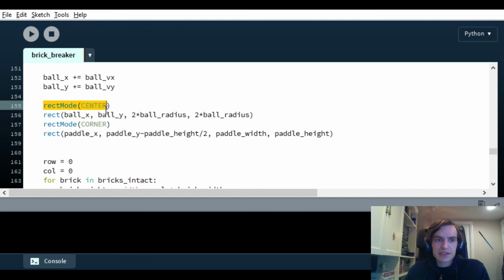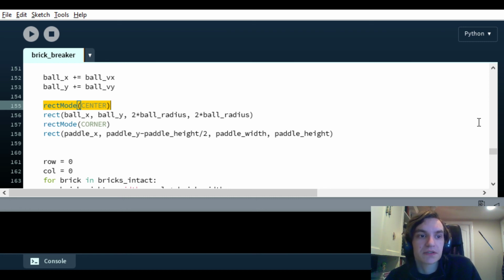Similarly, this is also a line that we haven't gone over in sessions. It's rect mode. I used it just for convenience. You don't really need to use it, but what this does is it changes how Processing draws rectangles. Rect mode center means that instead of using the top left corner for the rectangle, it uses the middle of the rectangle. Everything else is the same. Rect mode corner is the default. That's just how it behaves normally.